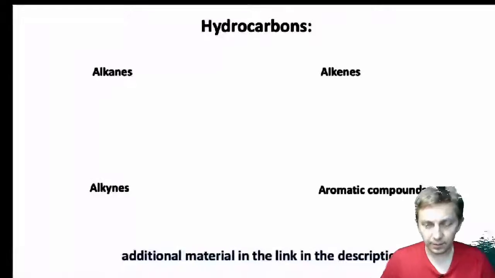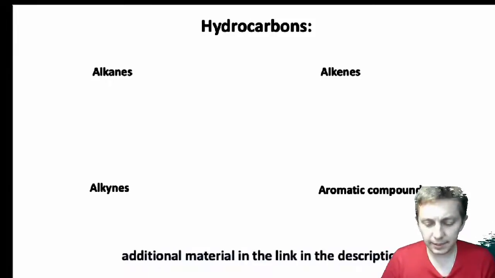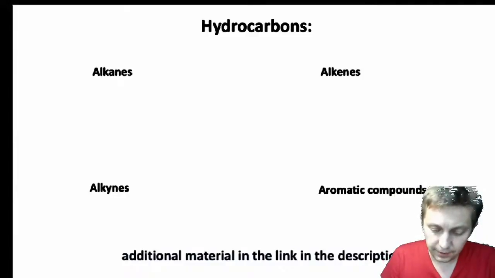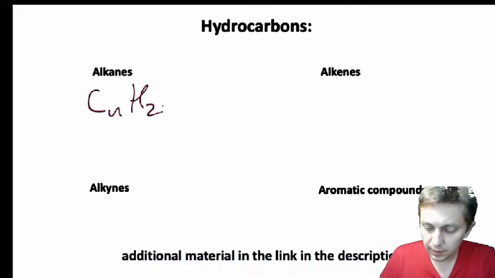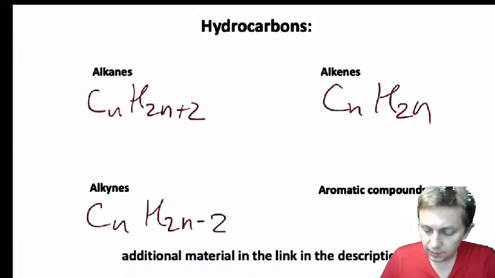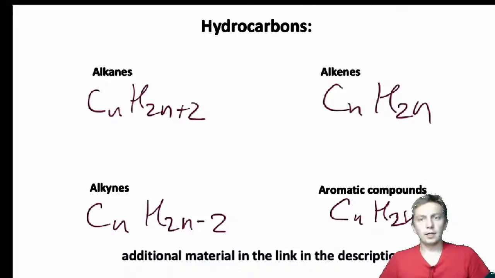So, as you probably know, we have three or four major groups of hydrocarbons: alkanes, alkenes, alkynes, and aromatic compounds. If you have the general formula CnH2n+2, CnH2n, CnH2n-2, CnH2n-6, this is four main groups, and we have